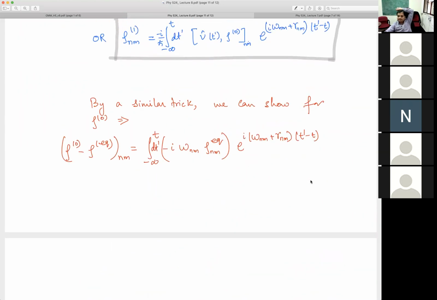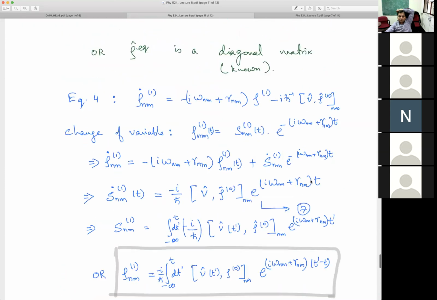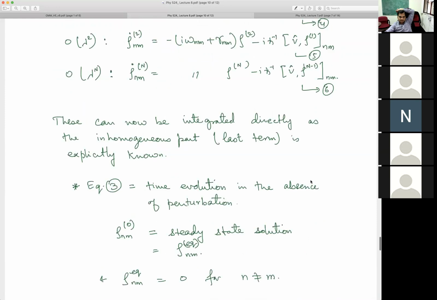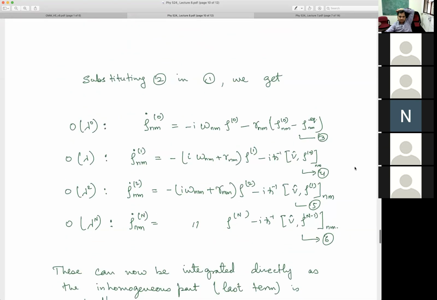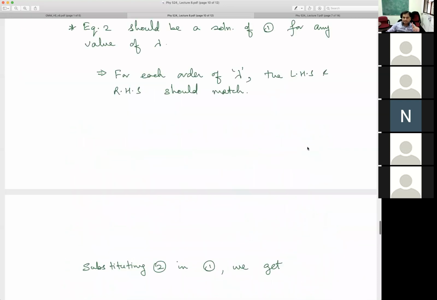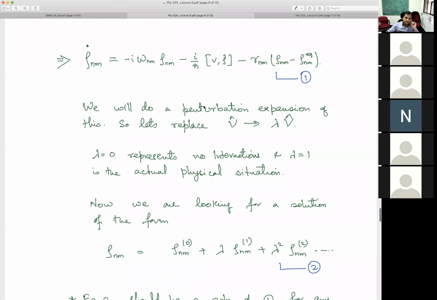So, questions? Can you explain equation number 4 again? How do we get this from 3? No, I am not getting this from 3, so be careful. I am getting this from equation number 1 and equation number 2. In fact, the whole series I will get from these equations. So let's put 2 in equation 1.